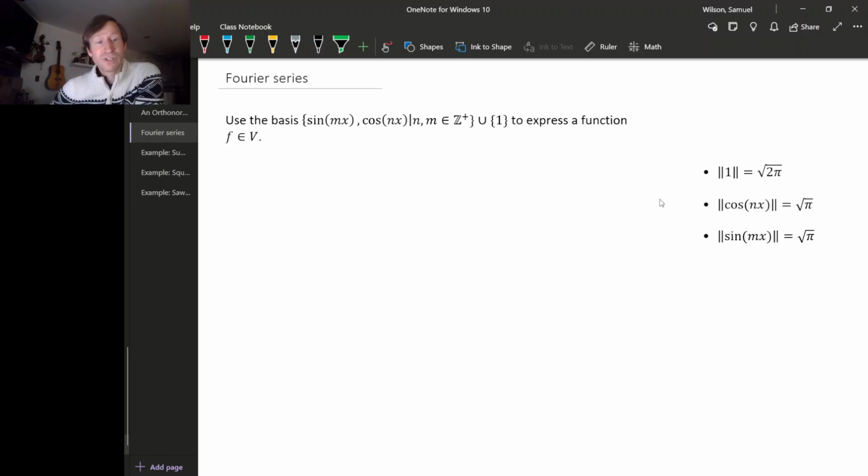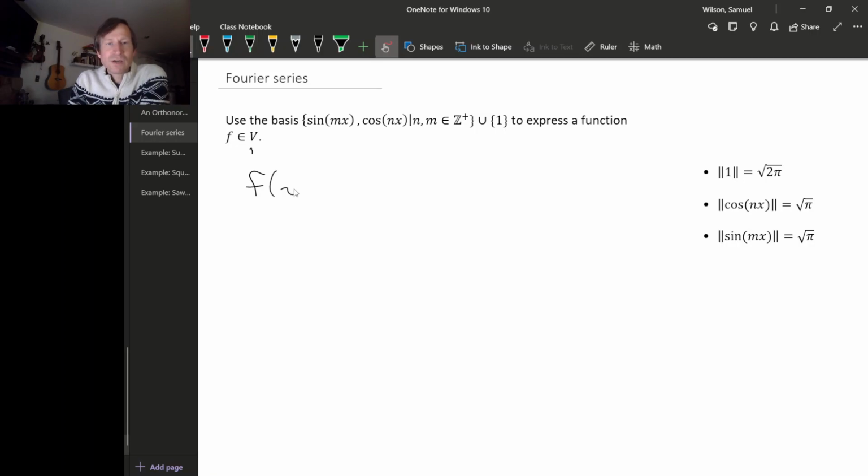Let's come back to our original problem of expressing a function in this vector space of piecewise continuously differentiable functions on the interval from 0 to 2 pi, expressing such a function in terms of this basis that we found. And when I say in terms of this basis, what I mean is as a potentially infinite linear combination of these basis elements. So because this does form a basis, caveat, quotes around "basis" there, because we have to use possibly infinite linear combinations,